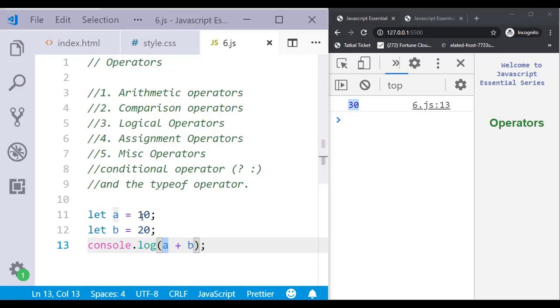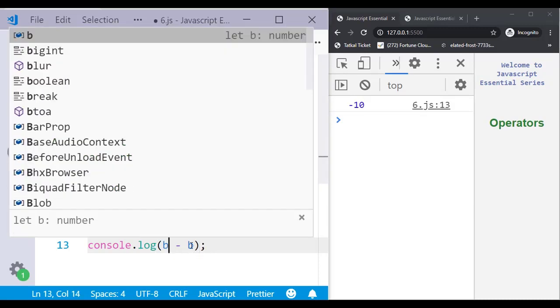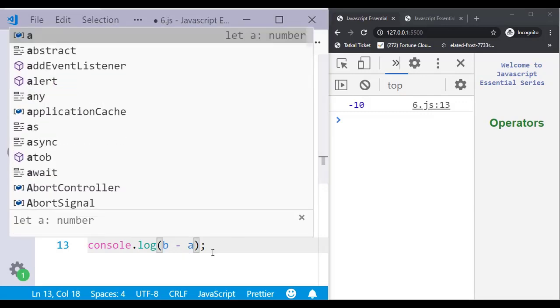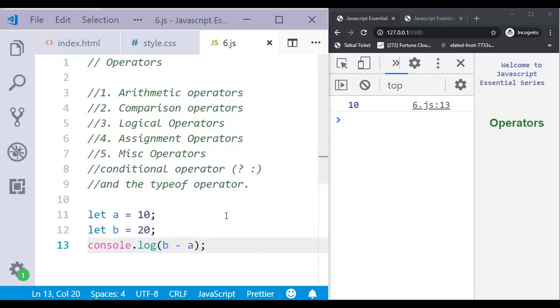Suppose here I make 10 a string, then a plus c, the behavior has changed. We have seen that last time also. Similarly, if I have minus, 10 minus 20 is minus 10, so let me do the opposite, b minus a. I get 10, okay.